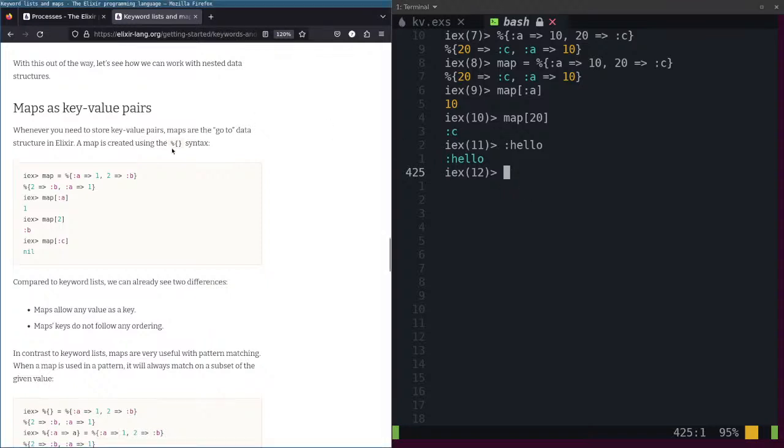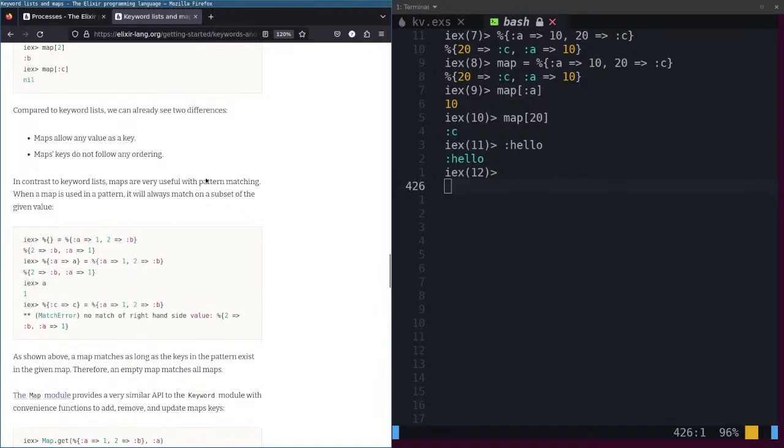This is percentage sign, curly braces, map. Okay, this is a map. I understood what a map is.